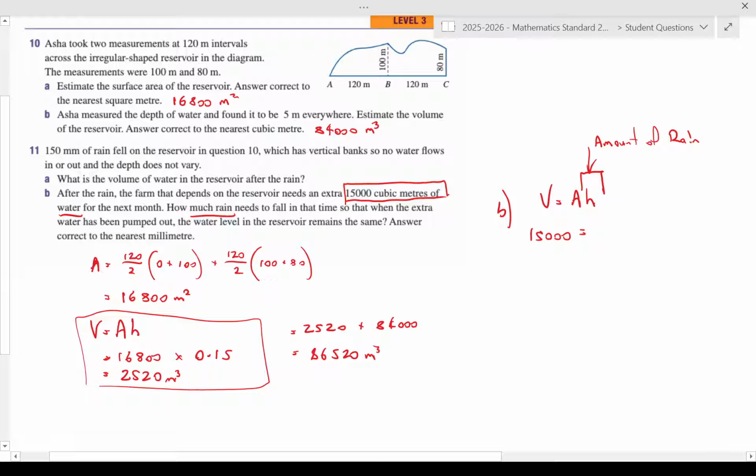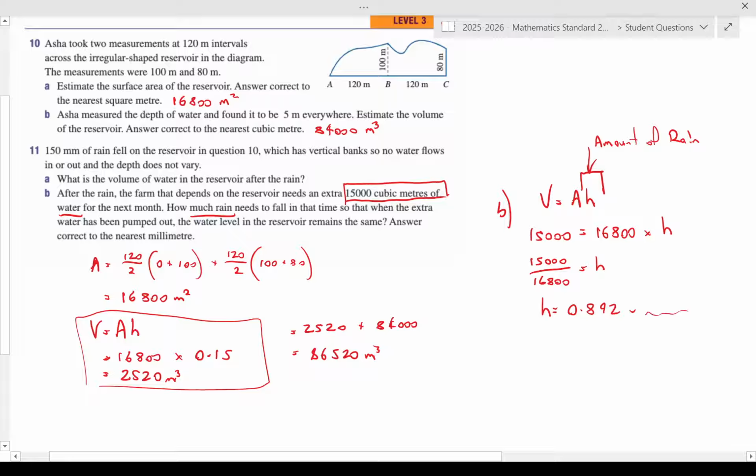So our volume is 15,000 because that's what we want. And we know that our area is 16,800 square meters. And that's going to be multiplied by height. So we've got V equals AH. 15,000 equals 16,800 times H. All you're going to do is solve for H. So we want to rearrange this so that H is your subject. So we divide both sides by 16,800. And that will give us H. Chuck that into your calculator, and you will find that H will equal